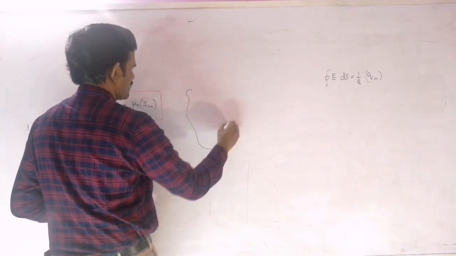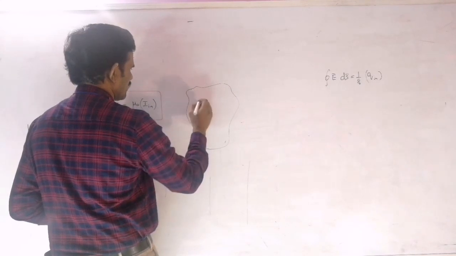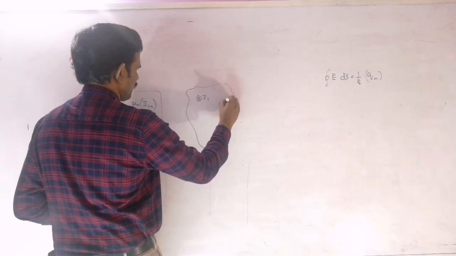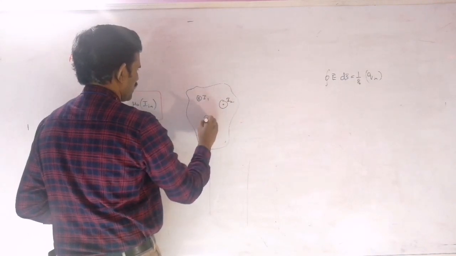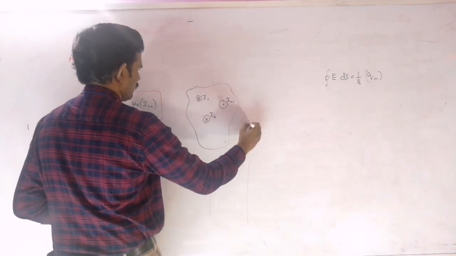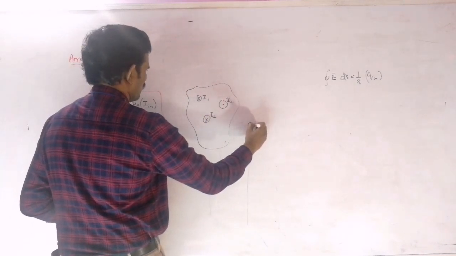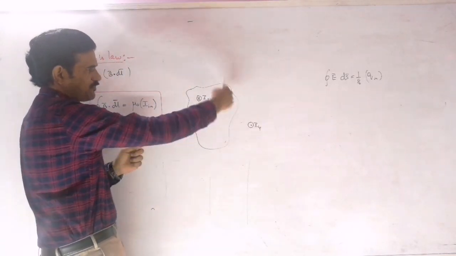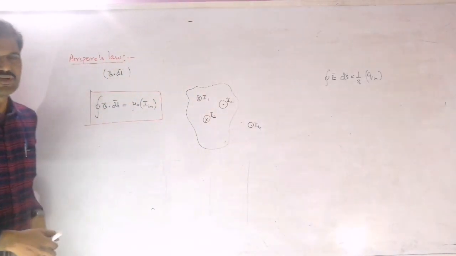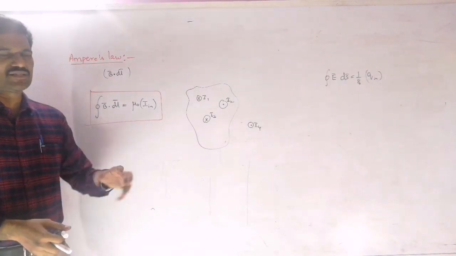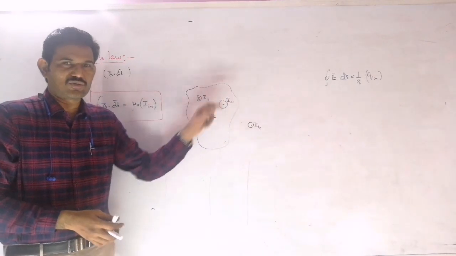So here I am taking some distribution. So this is say I1, I2, I3, and here this is I4 on the outside. So that means this is the loop, the closed path. What I am showing there is nothing but what we call the Amperean loop. That means it is just an imaginary path. This is not a current carrying conductor, that you should observe here.